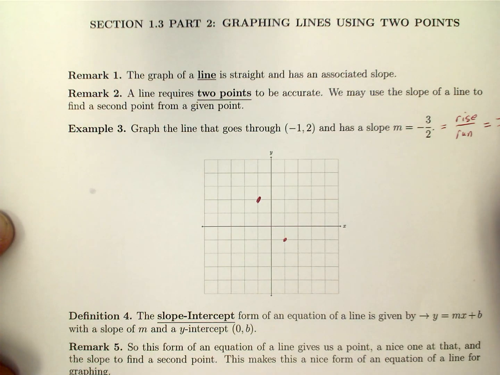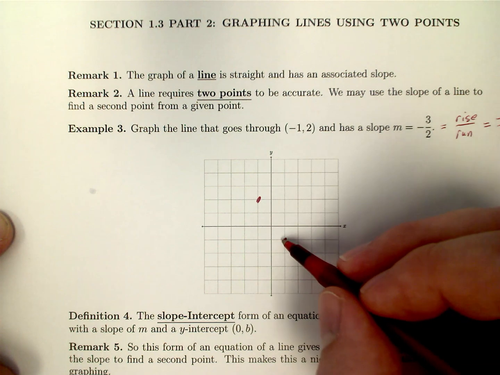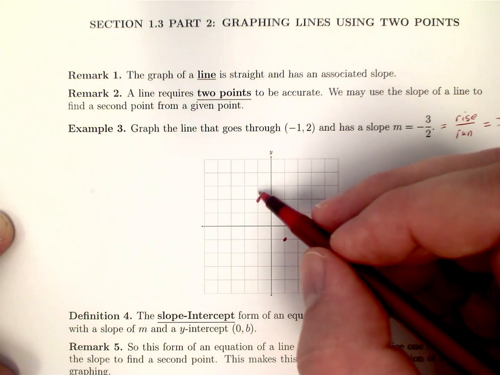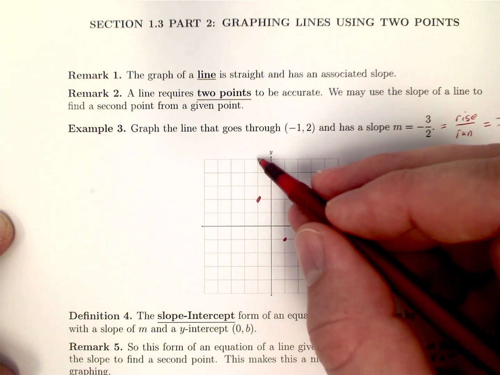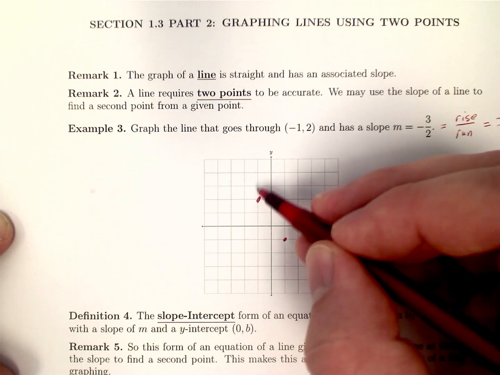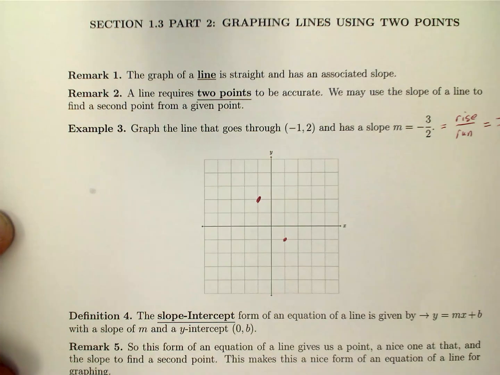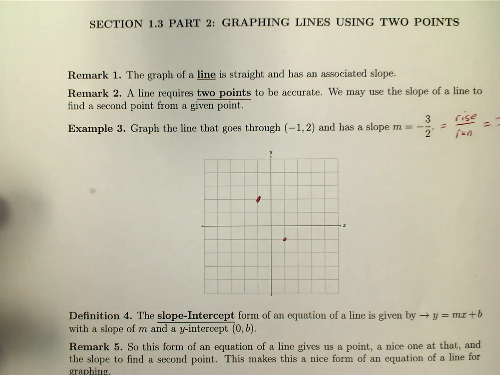Further, we could also do the exact opposite. So if this is down 3 and right 2, we could go up 3 and left 2 to get a second point. So from this original point we would go up 3, left 2. But in this sense we have enough, and we just take a